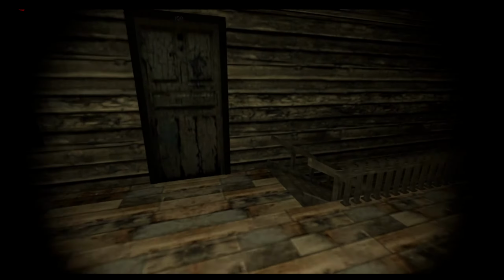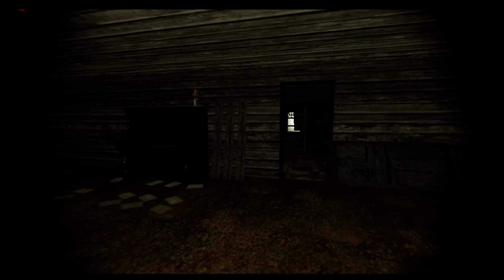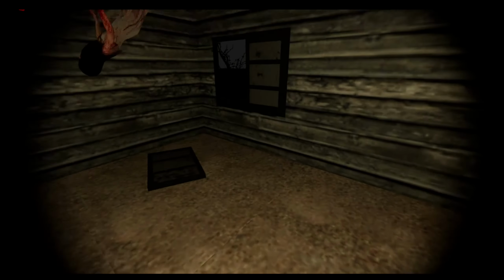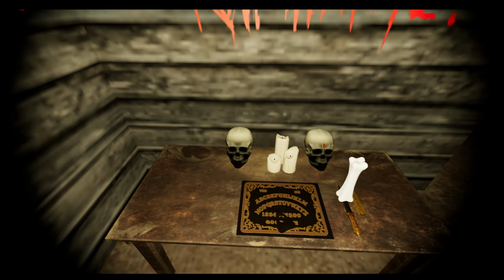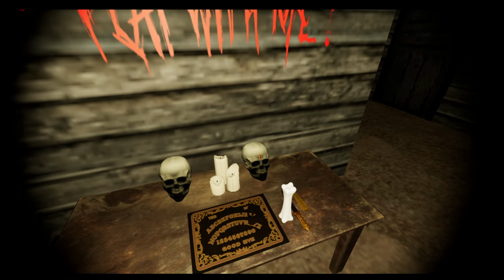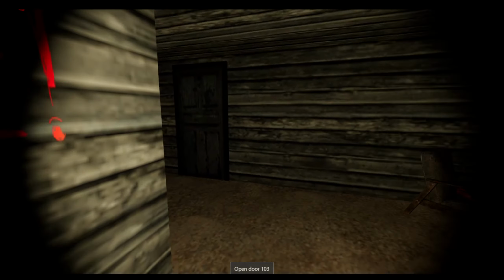Okay, I think I need to get the gold. It's a repeat jump scare. Now we have collected the bone. The game is being played. Now we get the key.